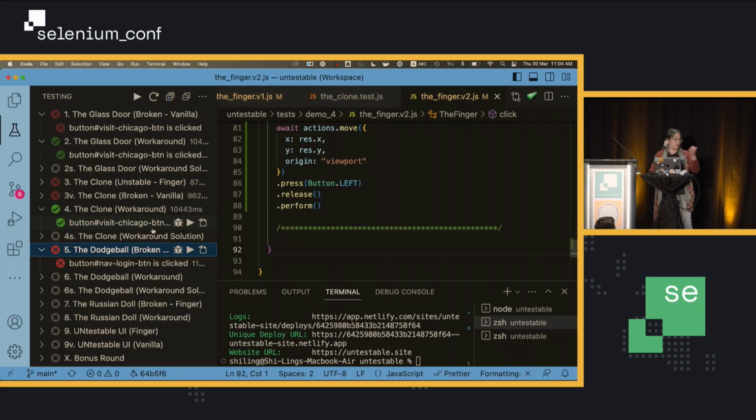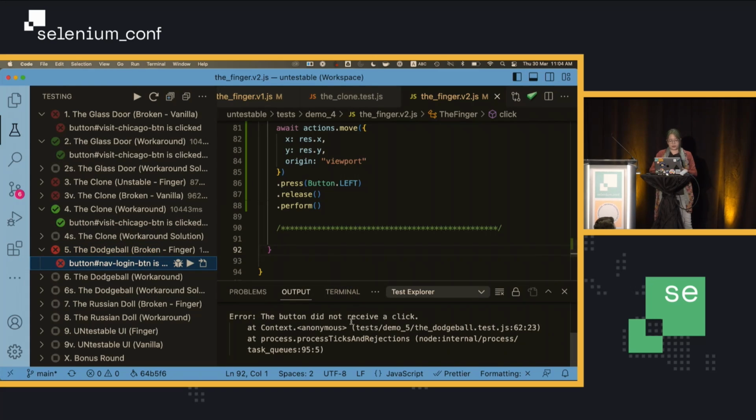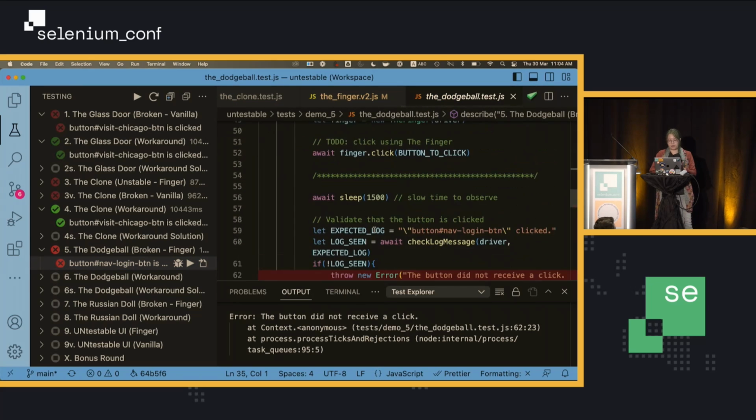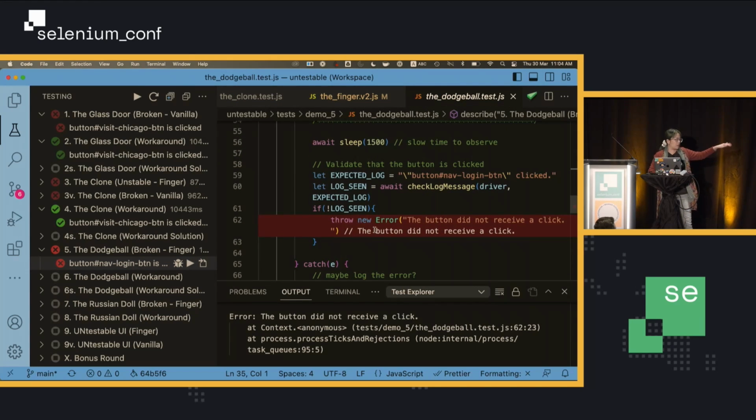So it clicked on the cat's hand, but not the actual button itself. I have an error over here that says the element did not receive the click, because I have a logging output on the side that prints out every time you are successful in clicking the button itself. So we're not successful in clicking the button, so let's upgrade our finger code.